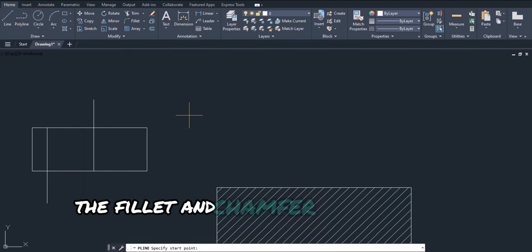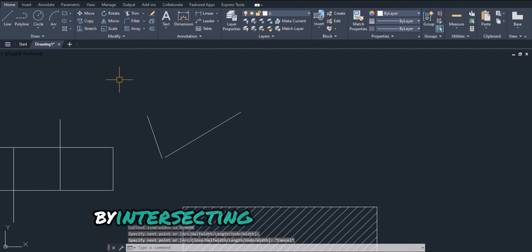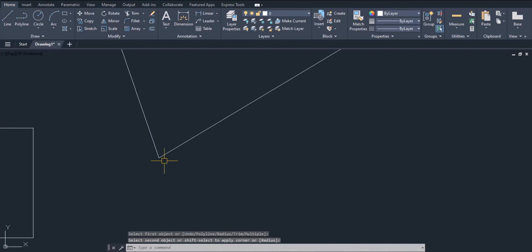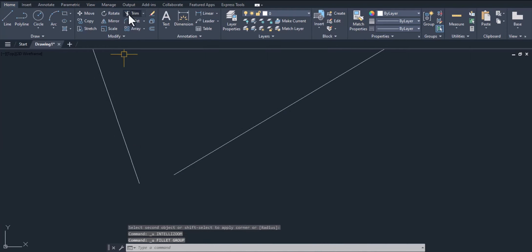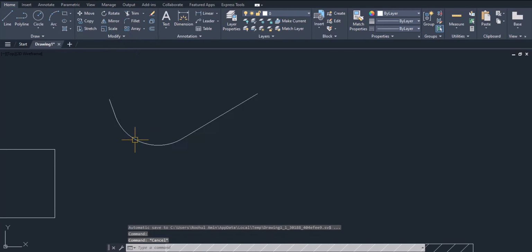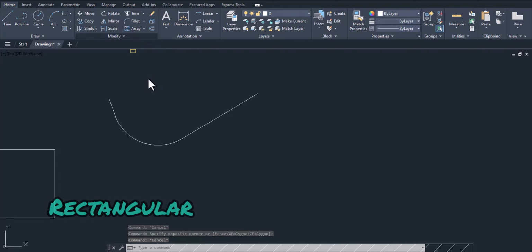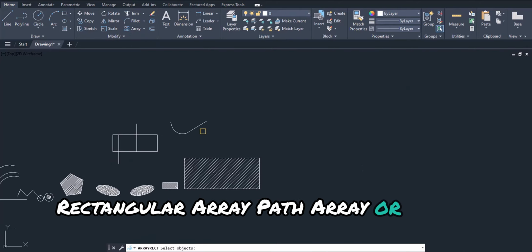The Fillet and Chamfer tools let you create curved and sharp vertices by intersecting 2 selected sides. Click one of the Array tools, Rectangular Array, Path Array, or Polar Array,